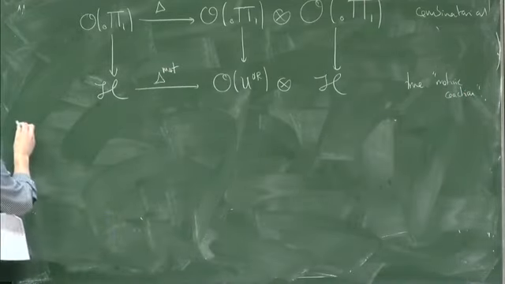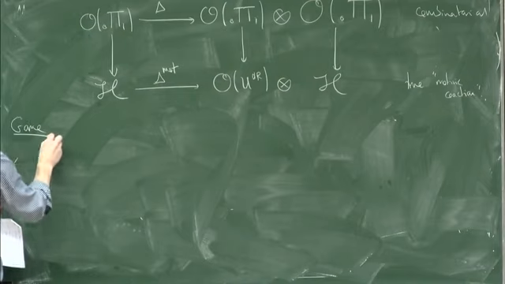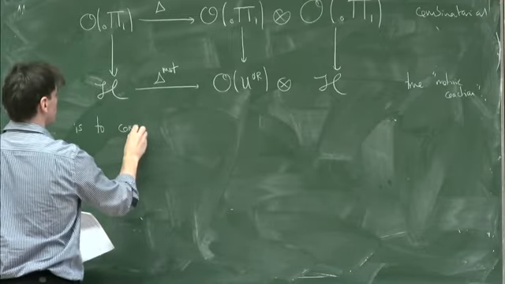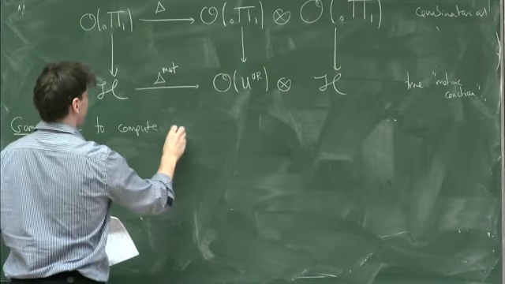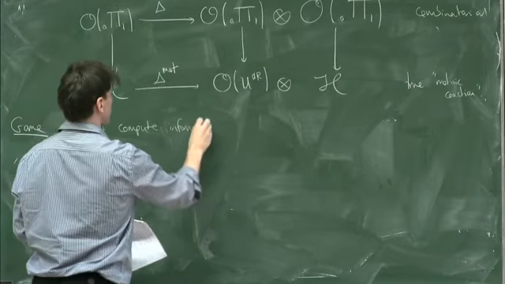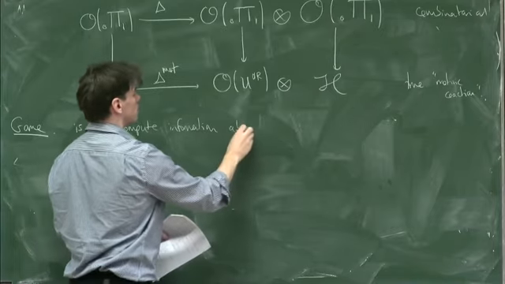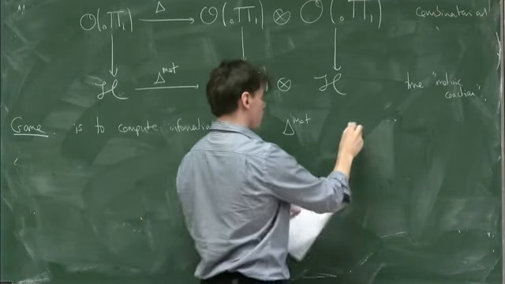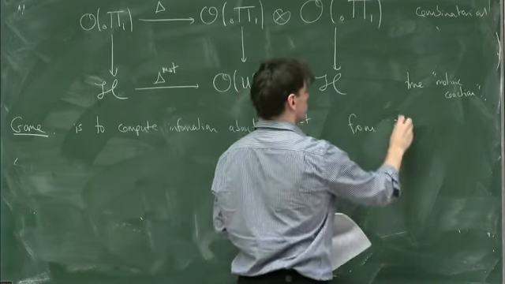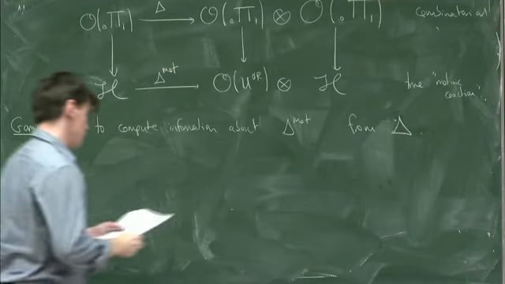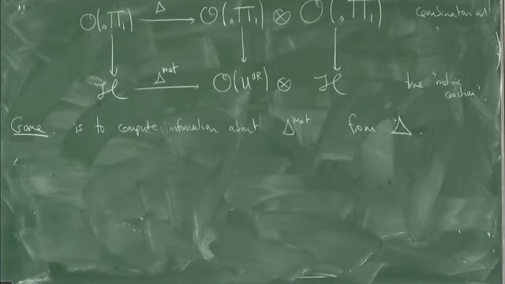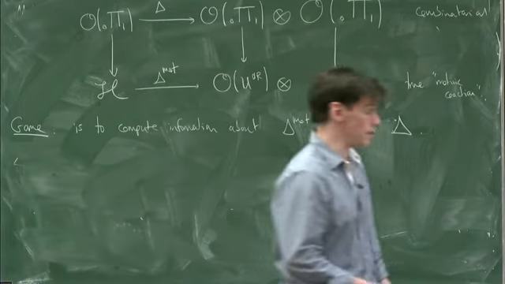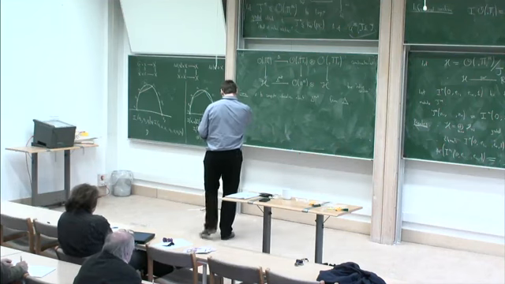And what is the game we're playing? The game is to compute information about the true Motivic action from the combinatorial action. And again, it's a miracle that it actually gives anything at all. It's kind of unreasonable that it actually gives you any information. But it does.